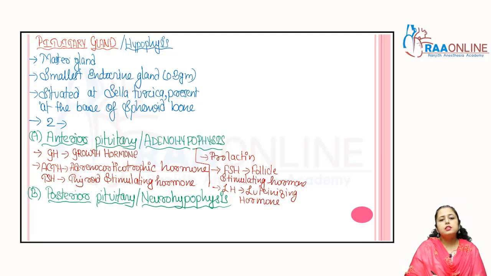So these are the 6 hormones which are secreted by the anterior pituitary, which is also known as